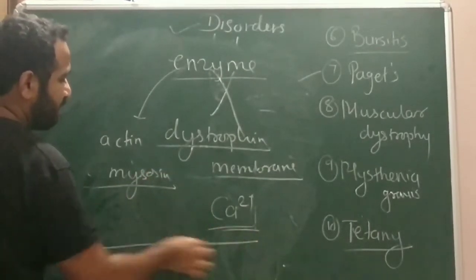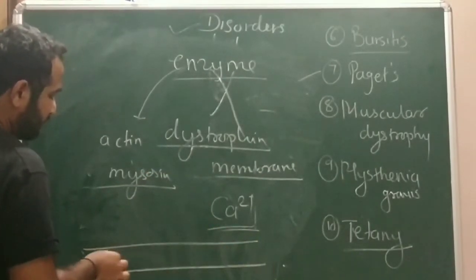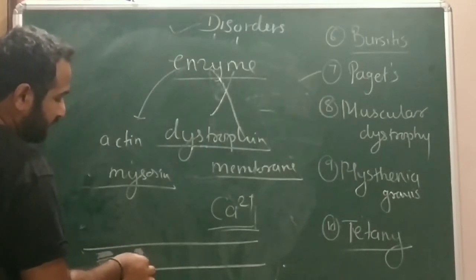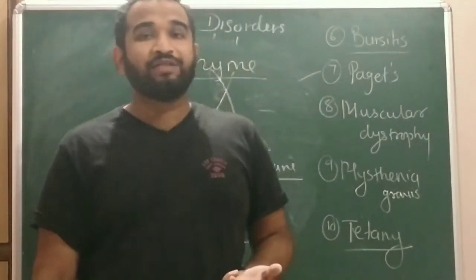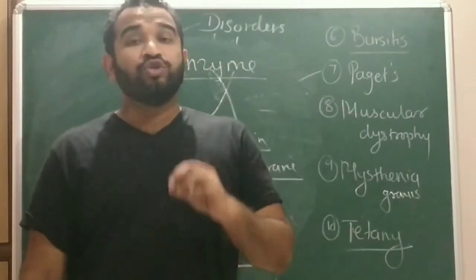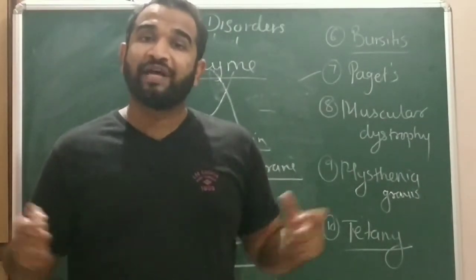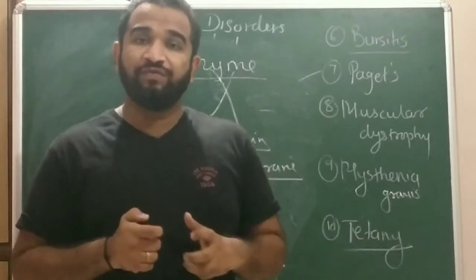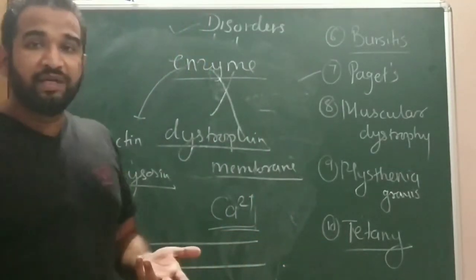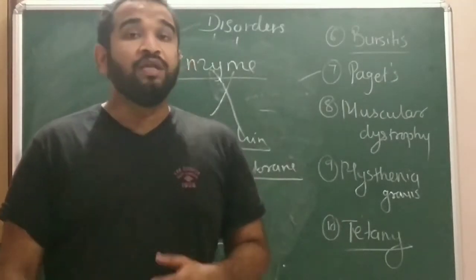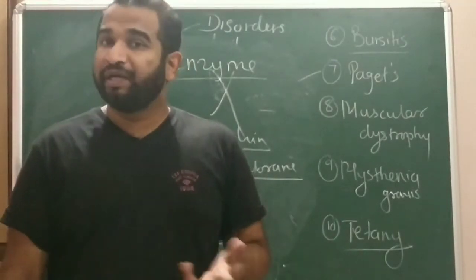We all know in the skeletal muscle fibers, there are dark bands and then there are light bands. Dark bands are made up of myosin, light bands are made up of actin proteins. They are responsible for the contraction and relaxation of the muscle fibers. So when actin and myosin are completely damaged because of that enzyme, the contraction and relaxation won't take place,